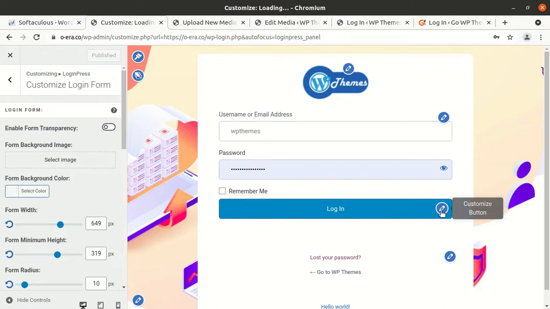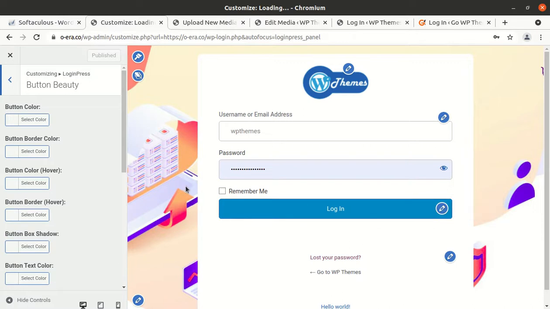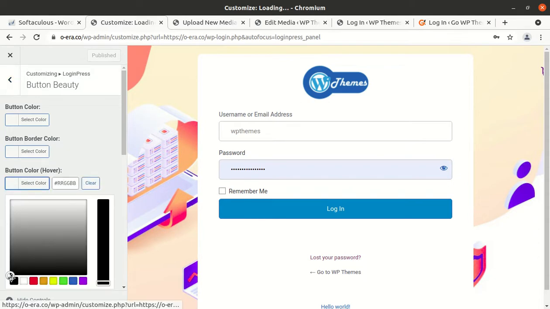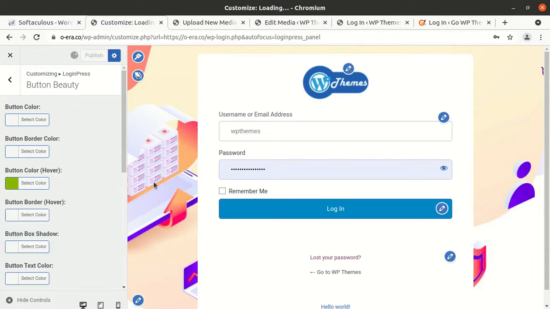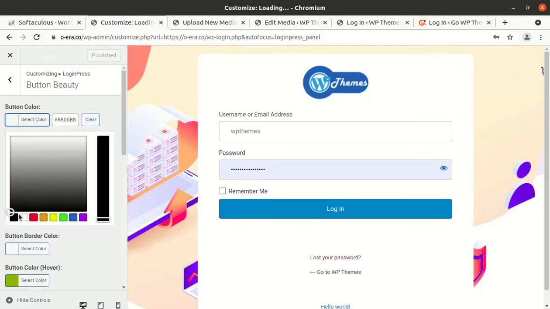Now we can change this button as well. Just in case you want to change the button border or button border color and even button color, you can do this. Like I am changing the button color to another color. It can be like this. And button color has been changed. I changed the hover color, so hover color has been changed, and button color can be similarly changed.